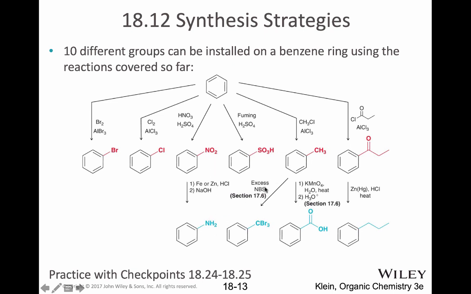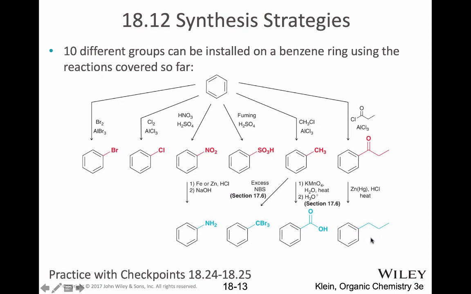This is the radical bromination. If I take an alkyl group, toluene, and react it with an excess of NBS, which is a radical form of bromine, that's going to replace the hydrogens in the benzylic position with bromine. So that was from section 17.6. I can also take this toluene, this type of molecule with hydrogens in the benzylic position, do an oxidation to make the carboxylic acid,